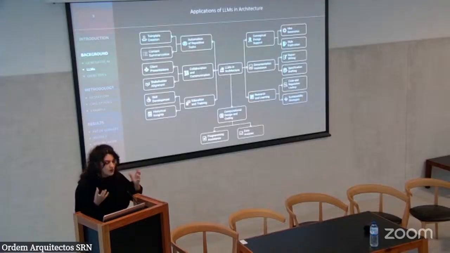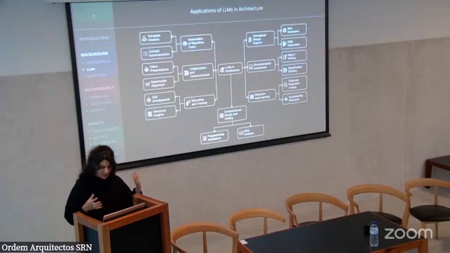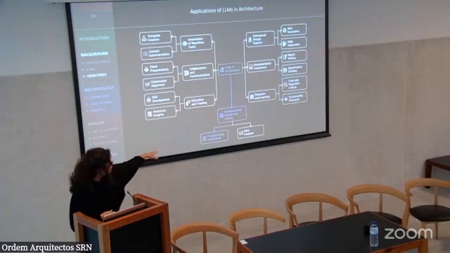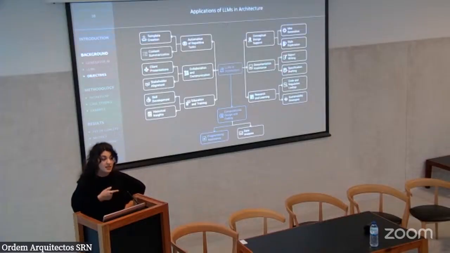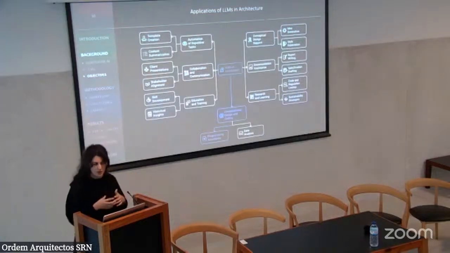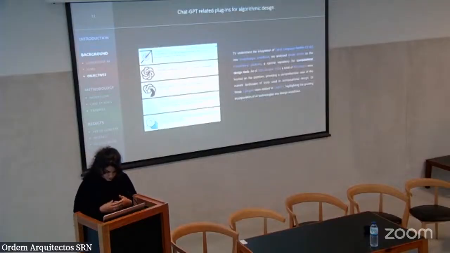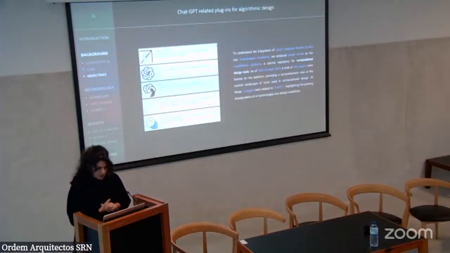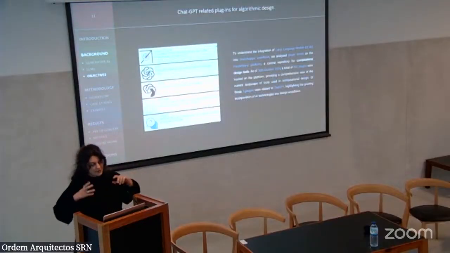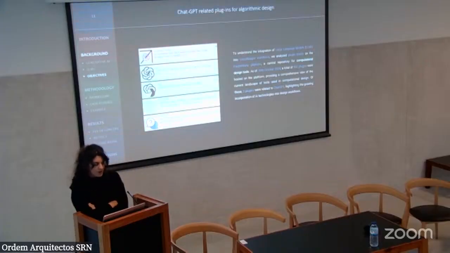One could map several things. We could use large language models within the architecture discipline, but the one I will be focusing on is how we can use them to automate scripting generation and facilitate mostly computational approaches and algorithmic workflows. Upon this question of what LLMs can do, and whether other people have worked on ways to integrate ChatGPT into Grasshopper,